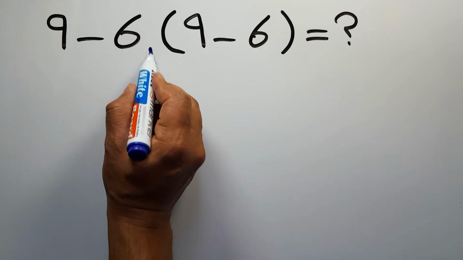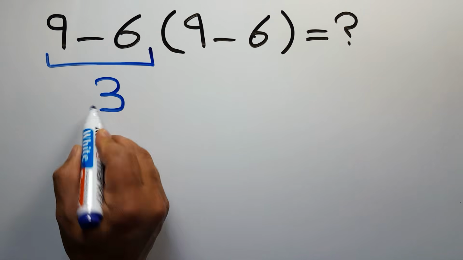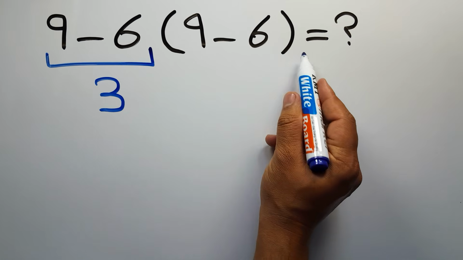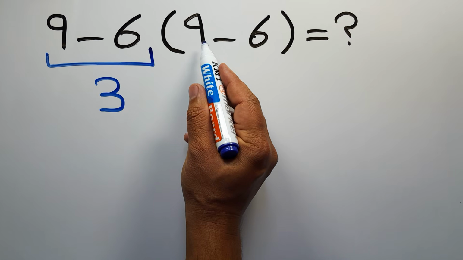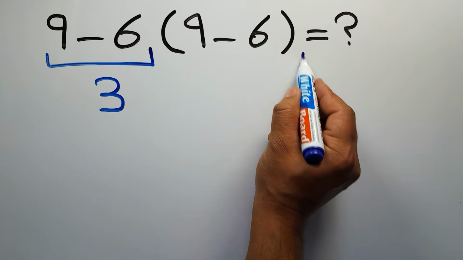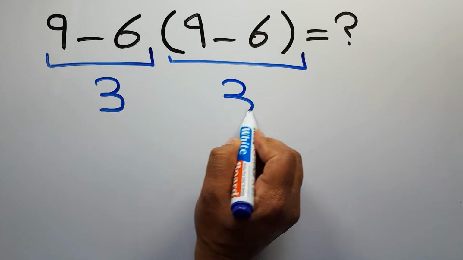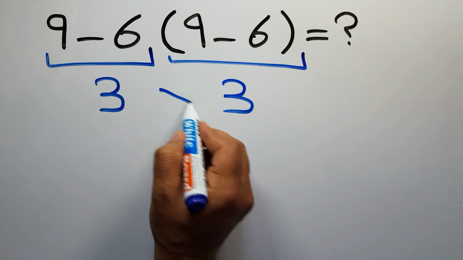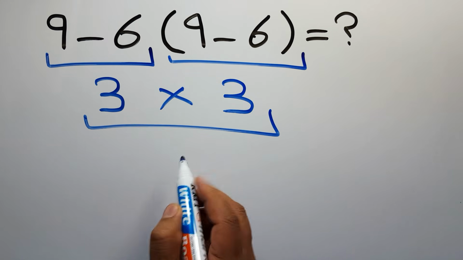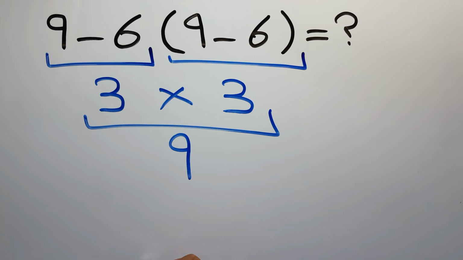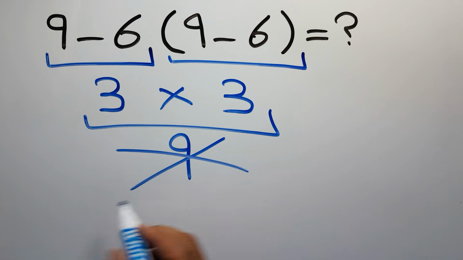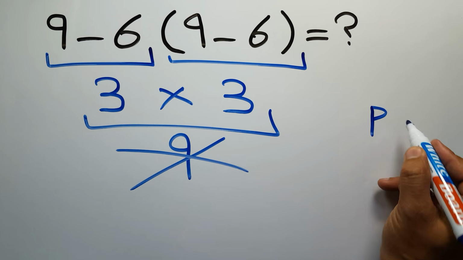9 minus 6 gives us 3. And again here, inside this parenthesis, we have 9 minus 6. So 3 times 3 equals 9. But this answer is not correct because according to the order of operations, which is PEMDAS,